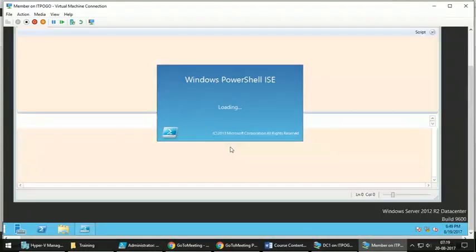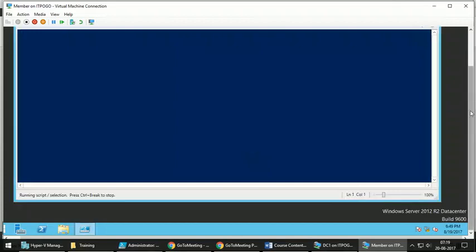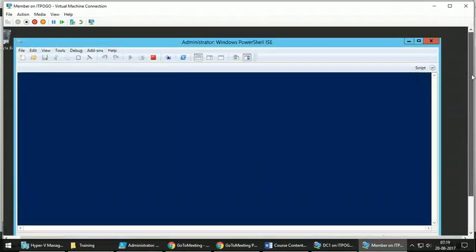So after enabling remoting on the domain controller, we are taking the domain controller just as an example. You can enable remoting on any machine, whether it is a client machine or a server machine. You can do remoting from any machine to any machine. The only thing is, on the target machine, the enable PS remoting command should have been run. Remoting should have been enabled.